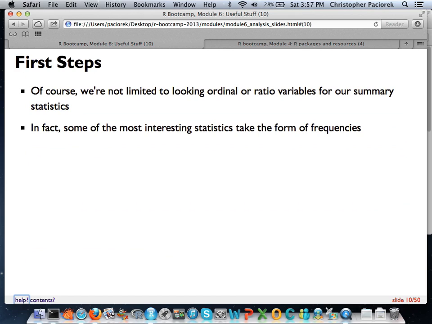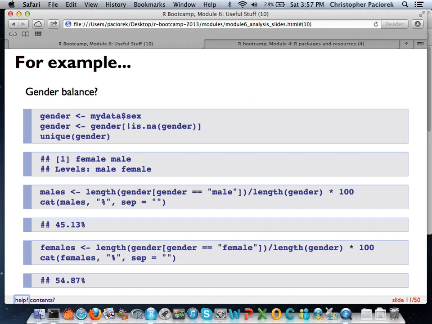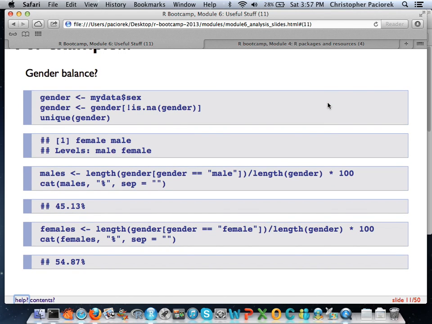But there are some other things that you can do that sometimes require a little bit of hoop jumping in R. For instance, if we wanted to get some frequency data, a very common technique that we'll use is to actually work with the length of our different variables. So for instance, if I wanted to get an idea of the gender balance in this data, one thing I could do is figure out the length of a particular vector such that the values of that vector were equal to one thing like, say, male or female. So I basically have a count of how many males or females there are. And then I can divide that by the length of the entire vector.